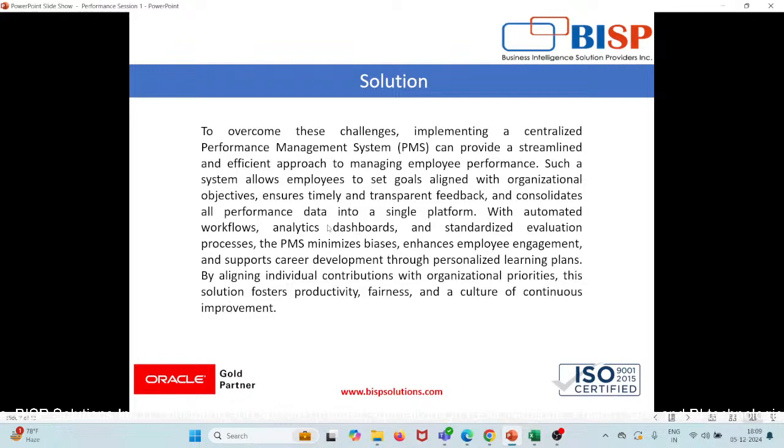All this data is consolidated into a single platform. The performance management system takes these feedbacks from the employees, consolidates them, and gives you the output for the performance, right? This will be helpful for the organization to know the performance of a person, right? So with automated workflow, analytics dashboards, and